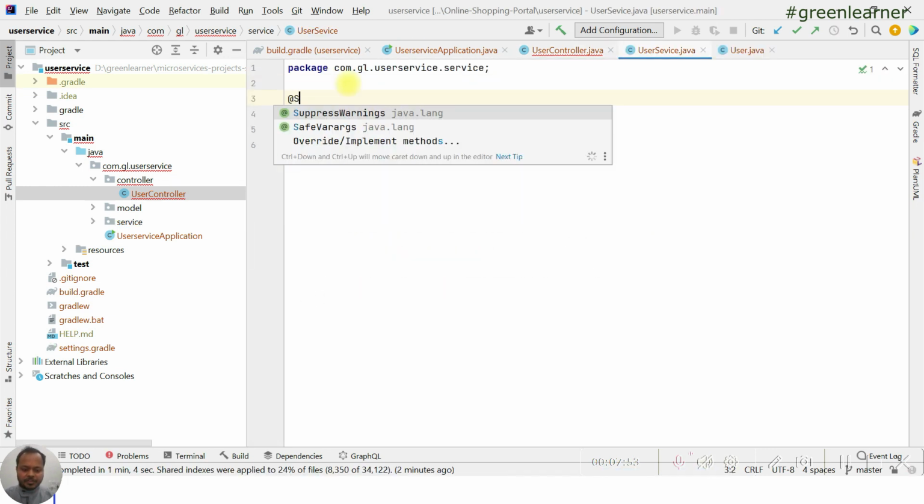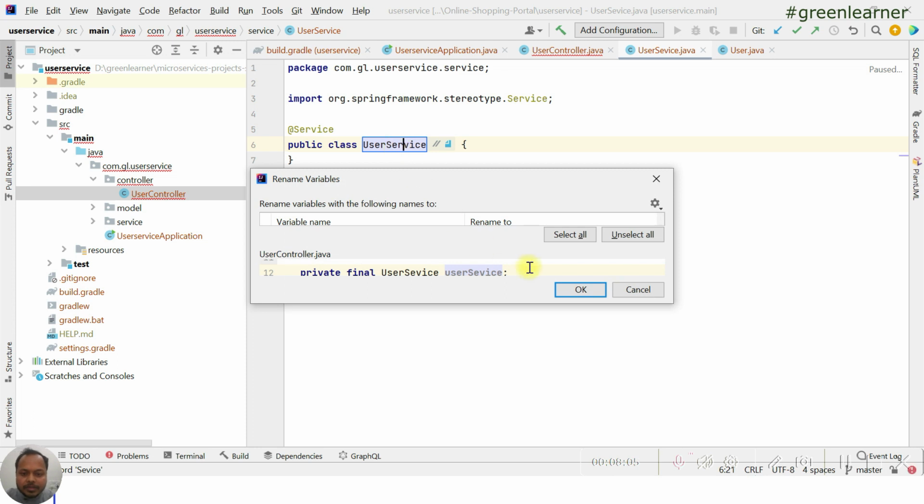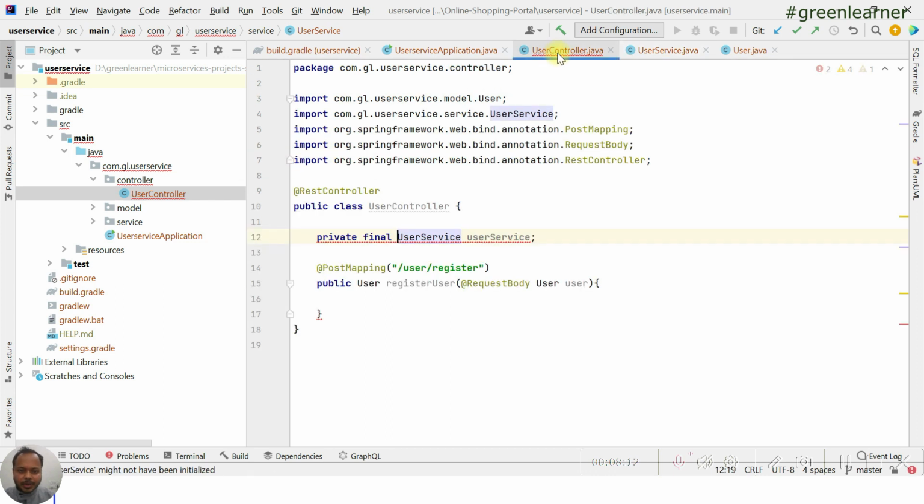And the first annotation with this one is the service annotation, and this service name was the issue, so just rename it. Small spelling mistake here, so refactor with the correct name, because this is the first time we are doing it, so it should be the correct one. So user service and user controller,